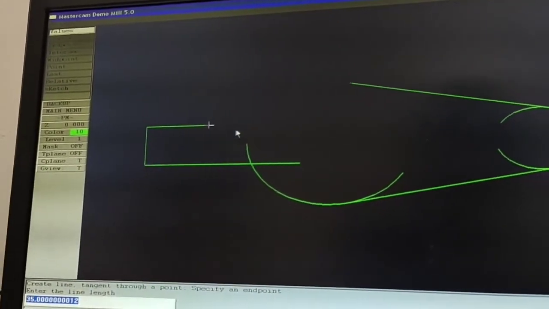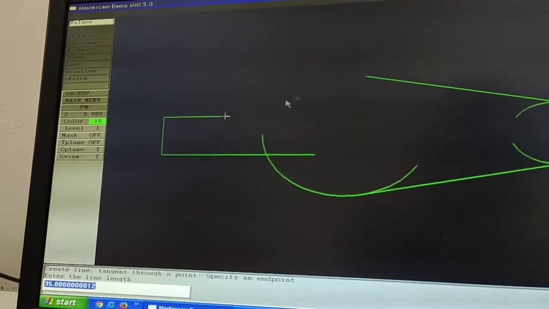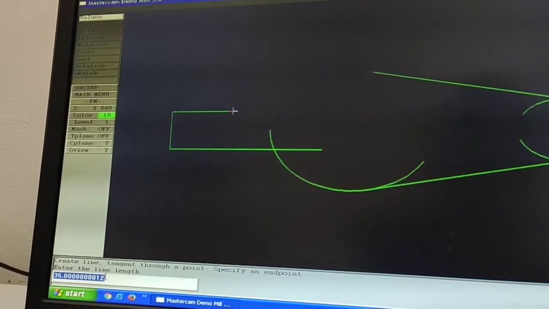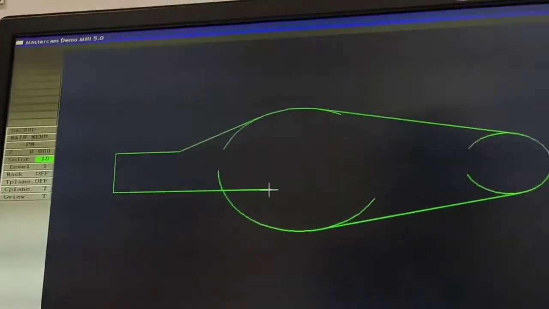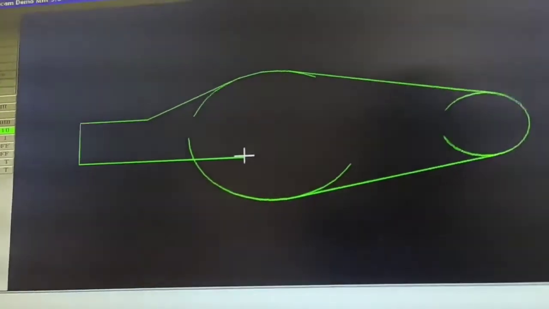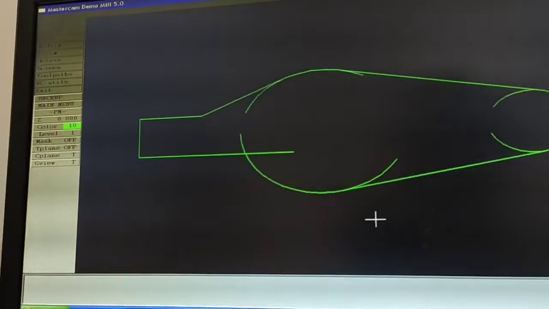So automatically the point is fixed. The distance between the arc and point will be calculated automatically. I just press enter, and the tangent line will be formed. So this is the completion of your drawing. Now I am going to modify this drawing, and here only the modifiers are used.